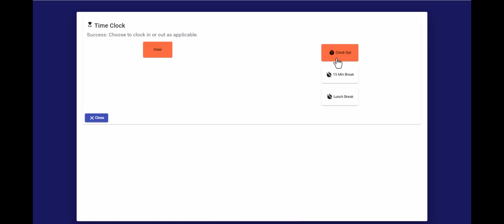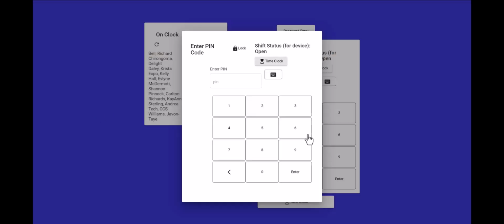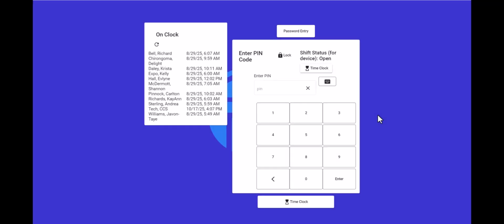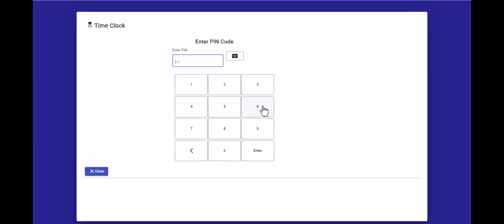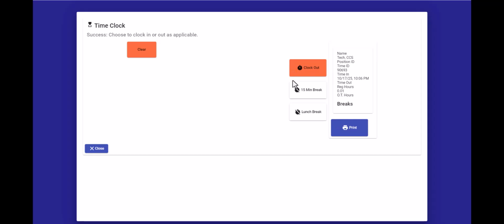At this point, a normal user would just hit close and then they would log in, or they would just leave the screen as is. When you want to go ahead and do a break or you want to clock out, you would re-enter your code with the option to clock out, take a break, take different types of breaks depending on which kind of break that you have available. Some might be paid, some might be unpaid breaks. So you can start a break,